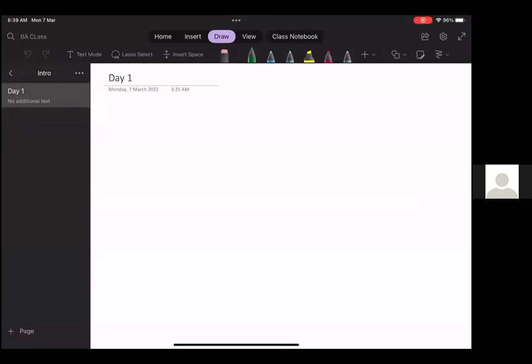So see, every company in the world has two departments. One department is business and the other is IT.